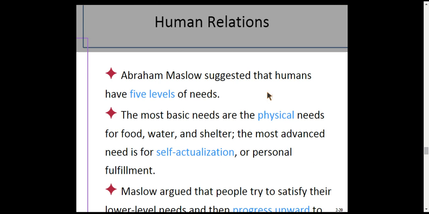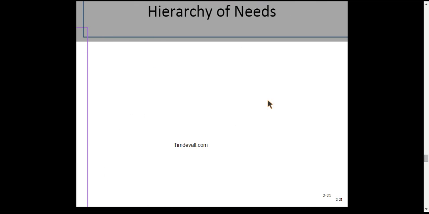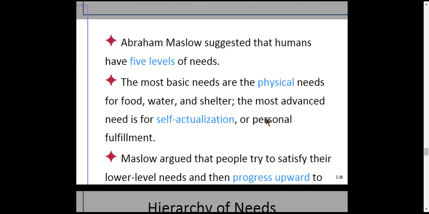I'm sure you've heard about Abraham Maslow, if you've taken any other business classes, but he suggested humans have 5 levels of needs, right? So physical is the lowest, and self-actualization is the highest. And what he says is that people cannot move from one to the other until the lower level is satisfied. So physical needs could be things such as food, water, shelter. If you don't have food, water, and shelter, you don't care about social. You don't care about, am I doing the best of my abilities? Am I working up in my career? No, you care about getting some food and some water and going to a warm place. Okay.